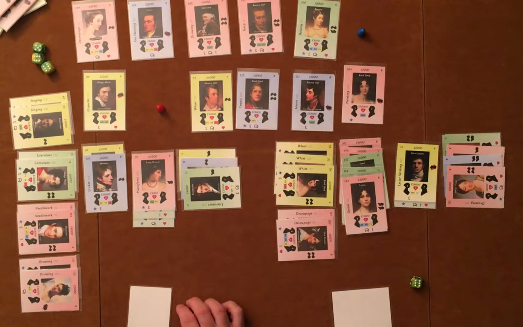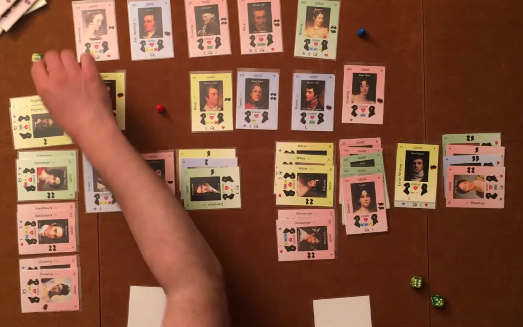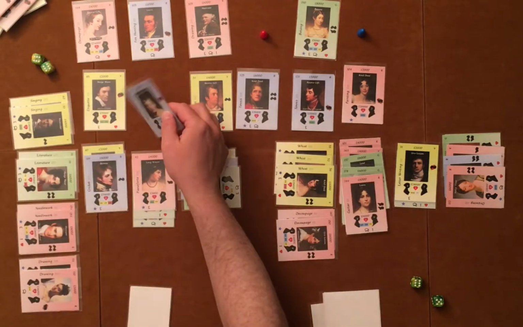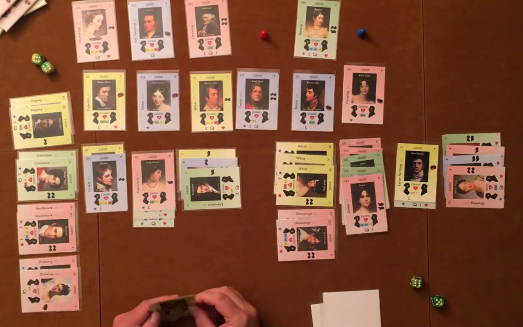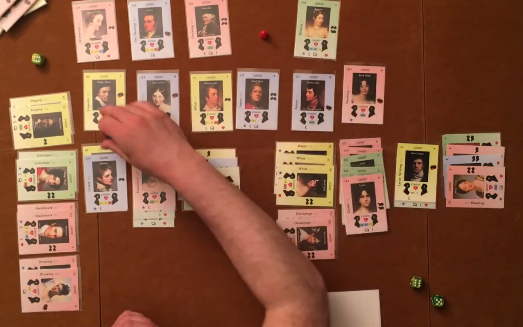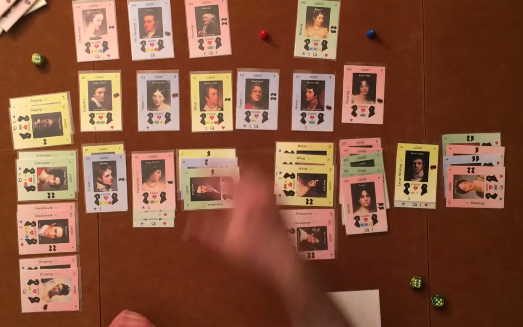So she'll go ahead and take 5. 1, 2, 3, 4, 5. Pick up another heart. So I can pick up another heart with a 6, so I'll do that. Well, actually,